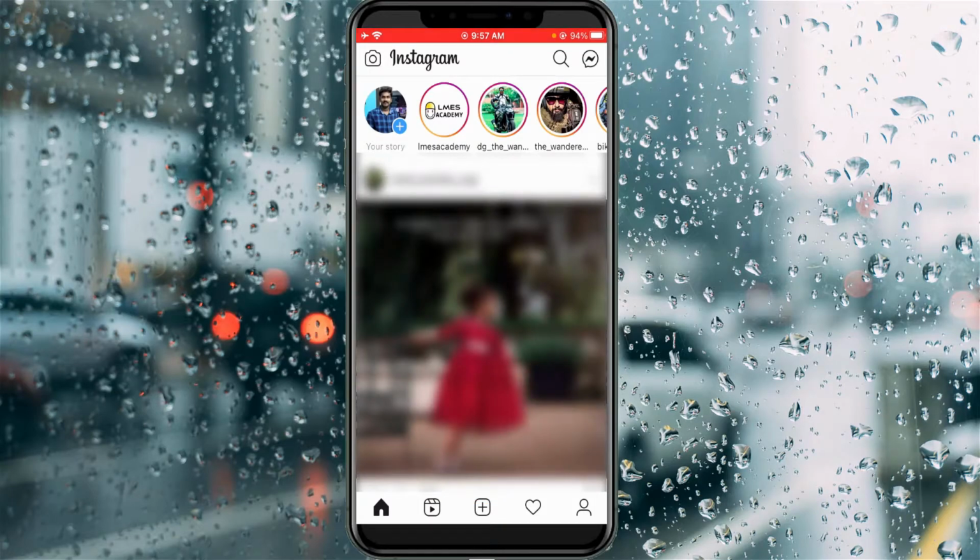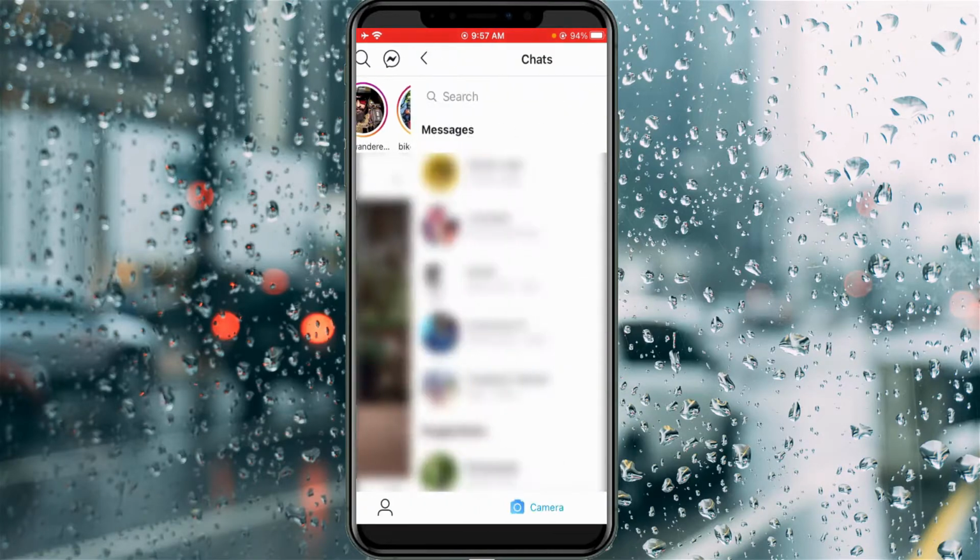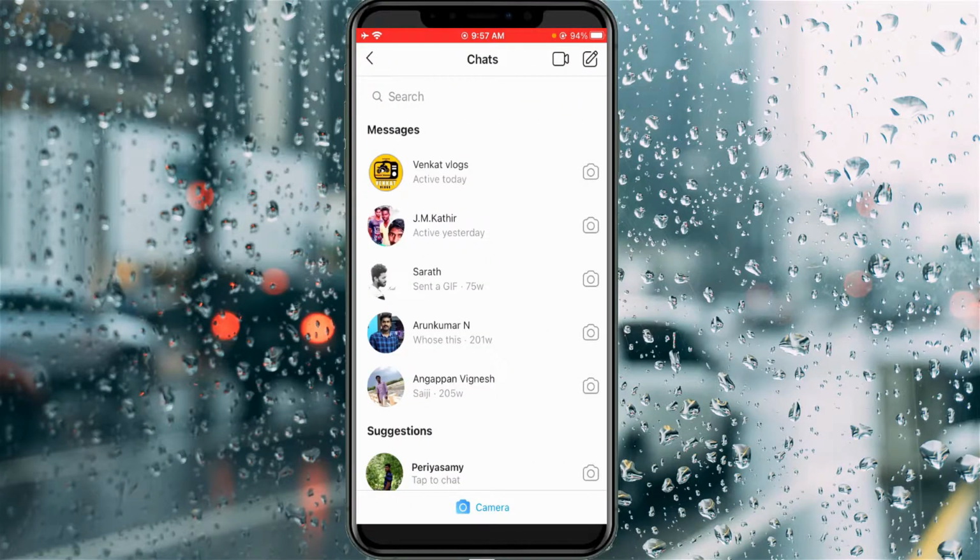So now in this homepage section, in top of right side, it has two icons, and one is search icon and another one is messenger icon. So just press that second one and it shows my Insta followers contacts. So here I try to select one of my friends contact.